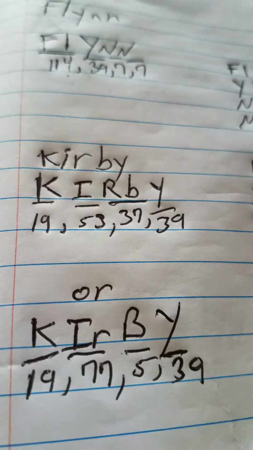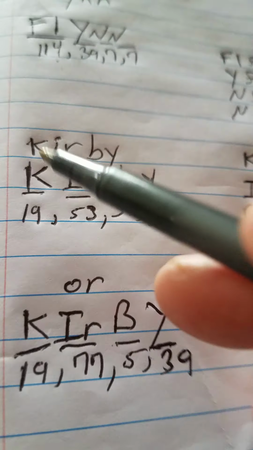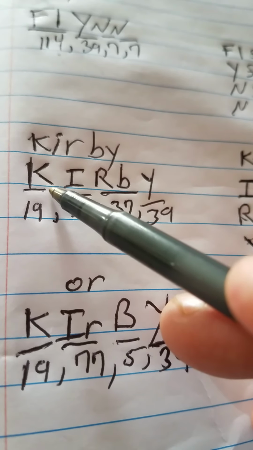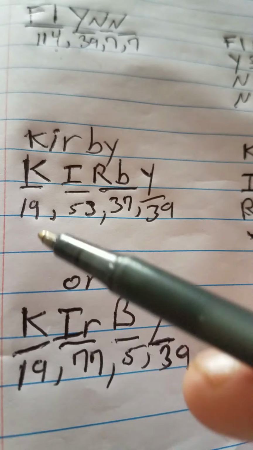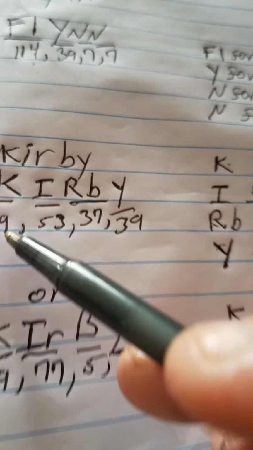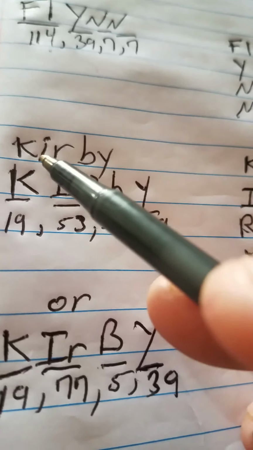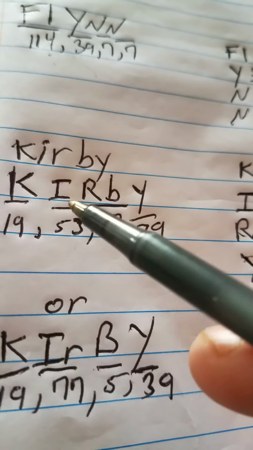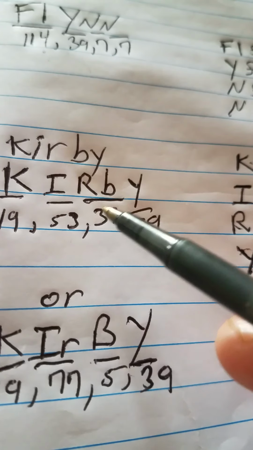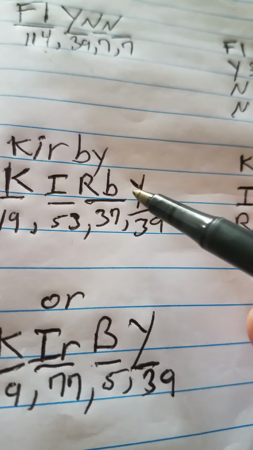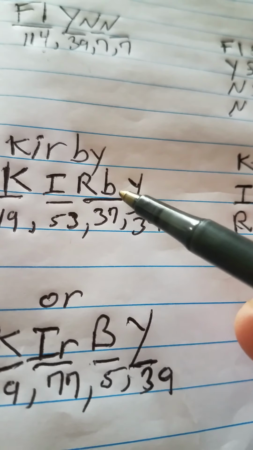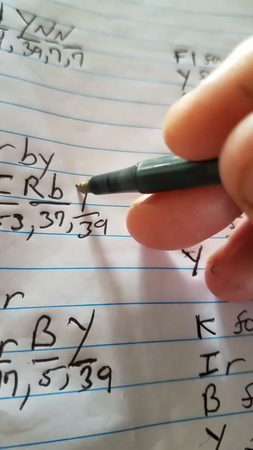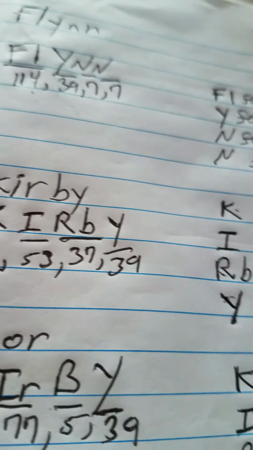K-I-R-B-Y. You got the capital K, which is the chemical symbol for potassium, atomic number 19. Then you got a capital I, not a small i, with atomic number 53 for iodine. Then you got capital R and a small b, atomic number 37. And then you got capital Y for yttrium, which is 39. Now, potassium is spelled